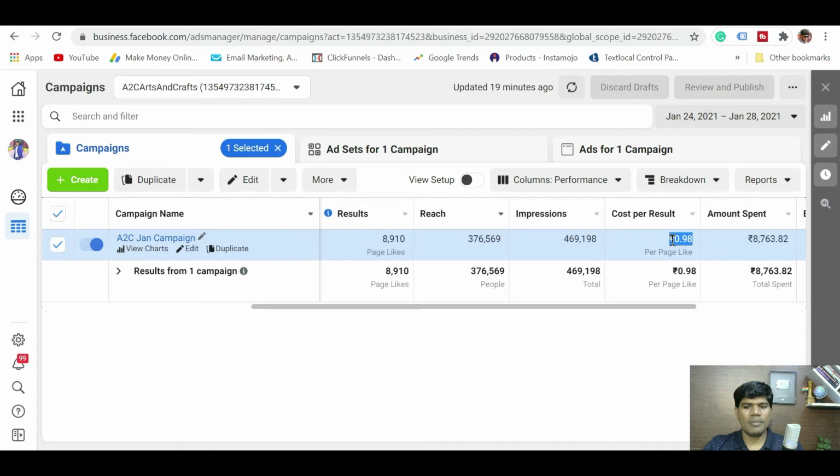See, this cost would depend upon a couple of factors, maybe the content of the Facebook page or what exact niche the page is in. So if it is widely searched by a lot of people, then you might be able to get it at a much lesser price. But if it is a specific niche, then you might see a little bit higher price also on this.